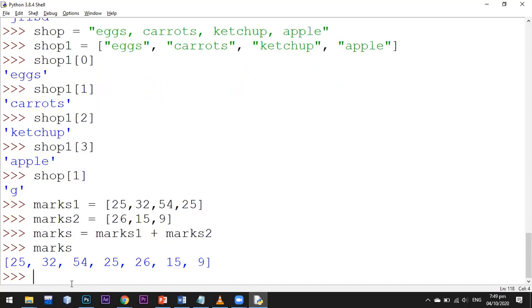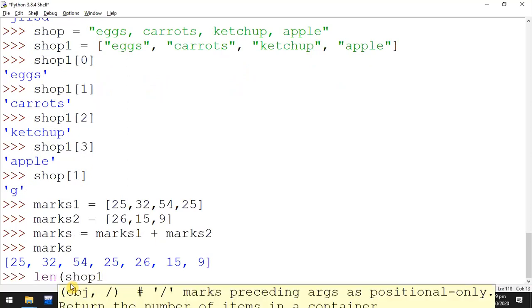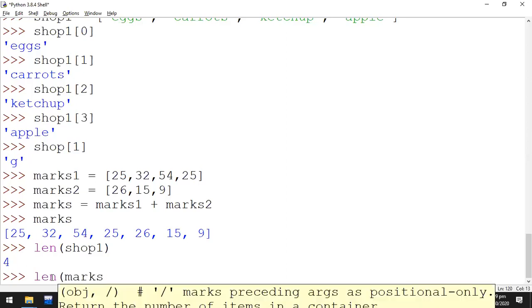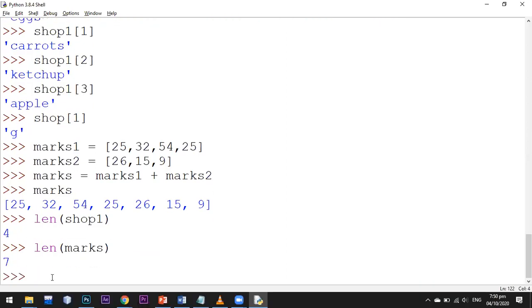Now, how many items are there in my shop1 array? Just type len, it means that there are four items. How many items are there in my marks array? There are seven items.